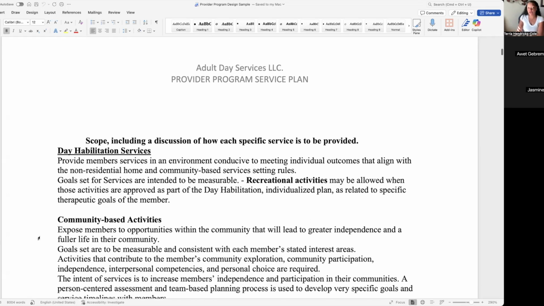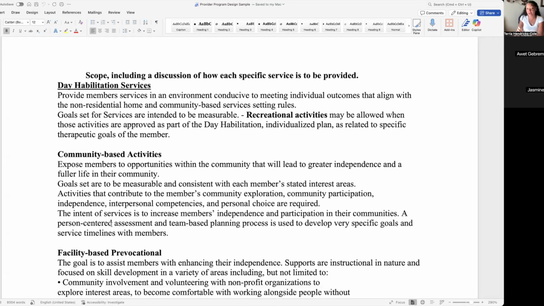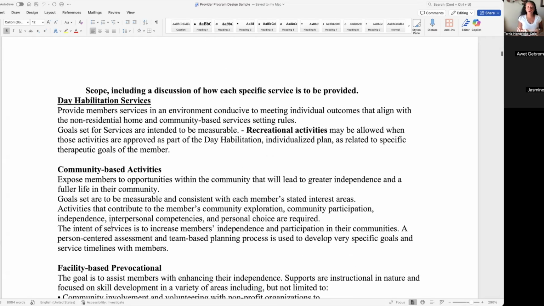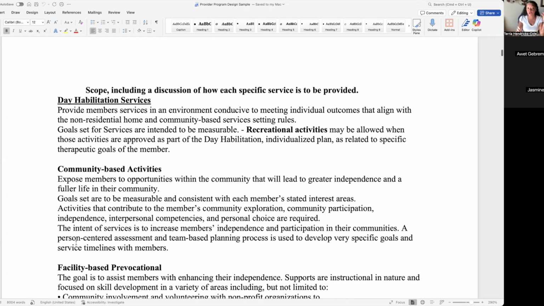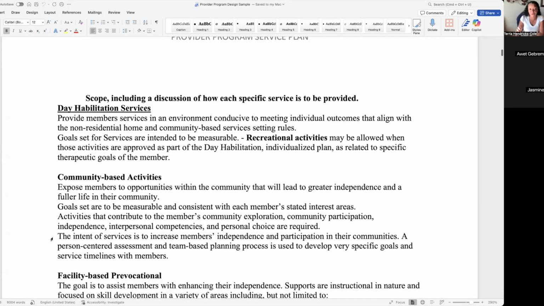And then socialization can be done either in the community or in the facility. So you have the option of being community-based services or facility-based services. A lot of people don't know you don't have to be facility-based. It's a little harder being community-based because it's typically one-on-one, and it's dollar for dollar, so you're not really expanding your revenue streams that way. But it could be community based or facility based. Let's just keep that in mind as well.